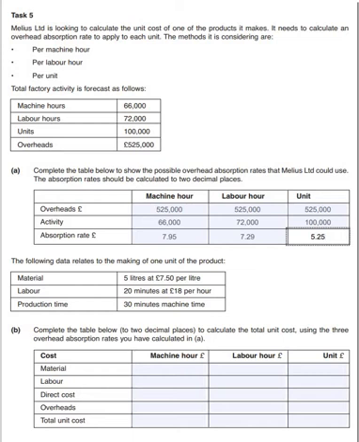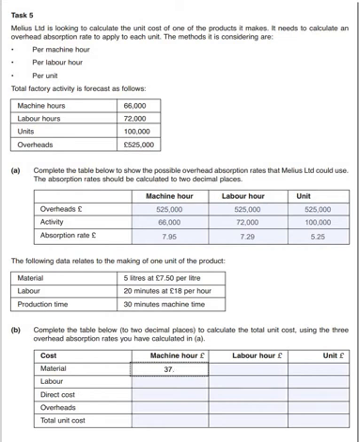So we're going to fill in our table below. It says again to 2 decimal places to calculate the total unit cost using the 3 overhead absorption rates you have calculated in A. So materials, we work out 5 litres times £7.50 gives us our materials of